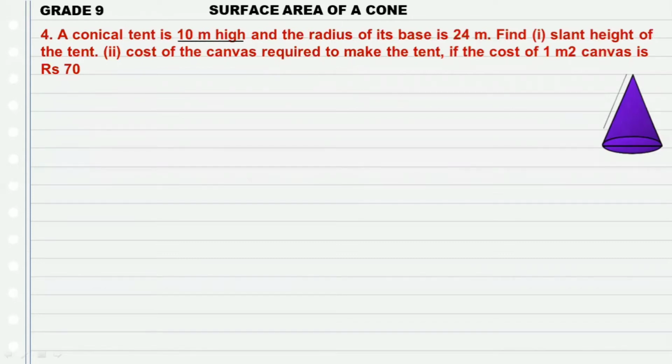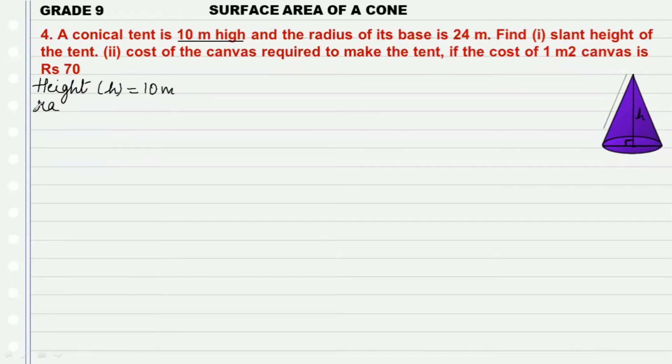Okay, so 10 meter high means you have been given the exact height. That means it is the perpendicular from a vertex to the base given to you. Okay, that is your exact height, true height. That vertex is perpendicular to the center of the base. So this is your h height given to you. So let us write the given data first. So height, that is h is given as 10 meter.